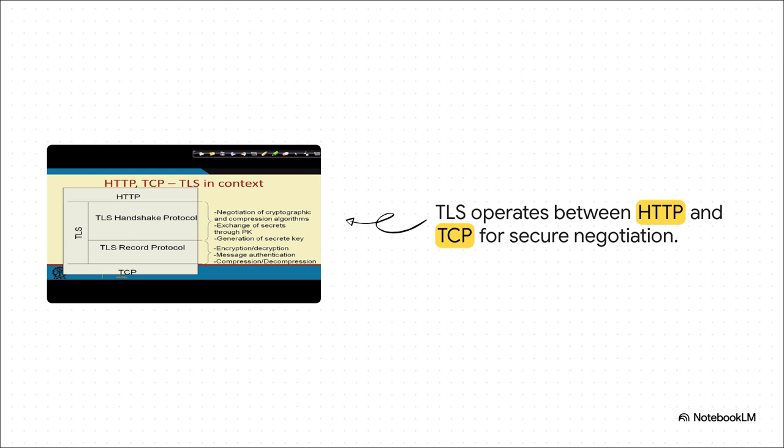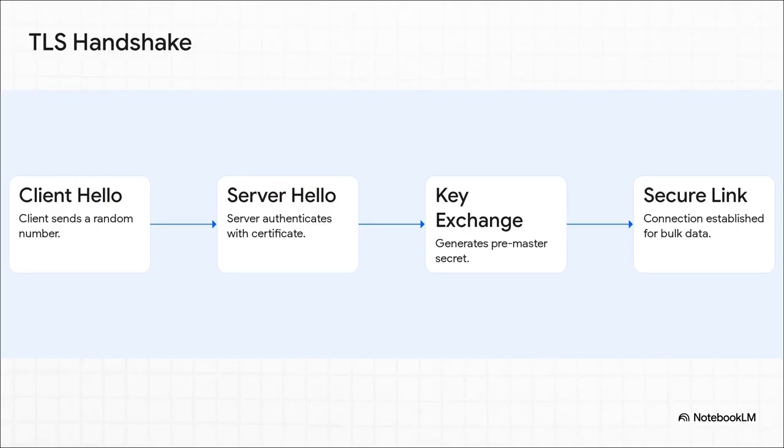Because HTTP is a stateless protocol, every single time you make a secure connection, the data has to pass through this TLS layer. This is where the browser and server negotiate cryptographic algorithms and exchange secrets before any of your actual bulk data is transferred. This negotiation is called a handshake, and it happens in an absolute flash across 4